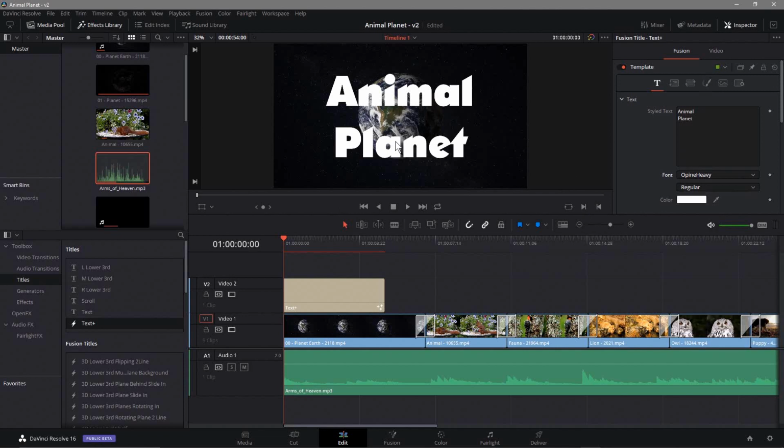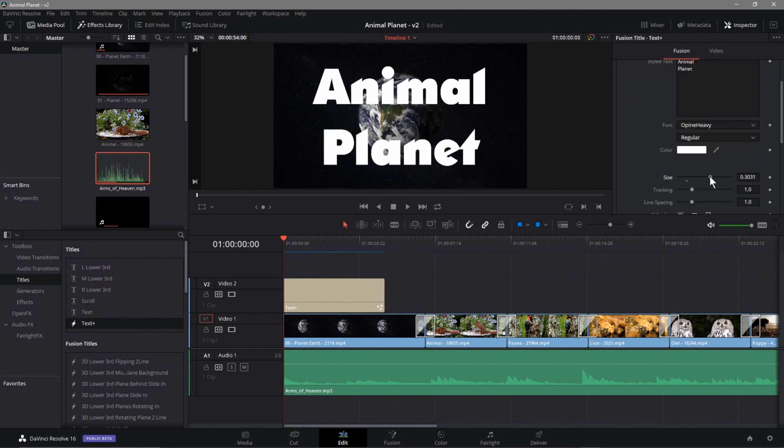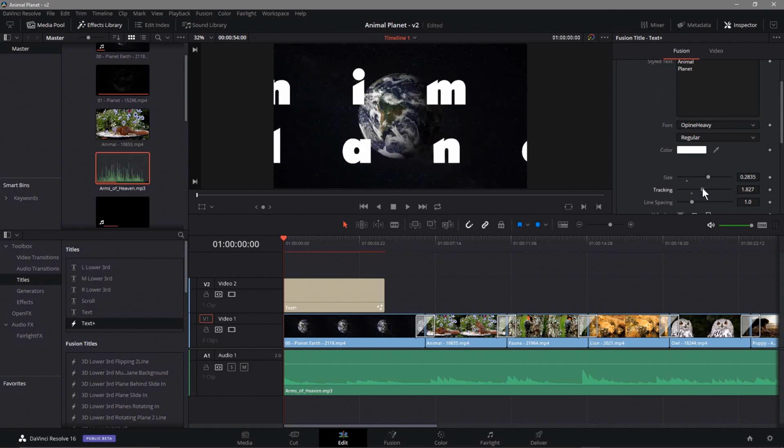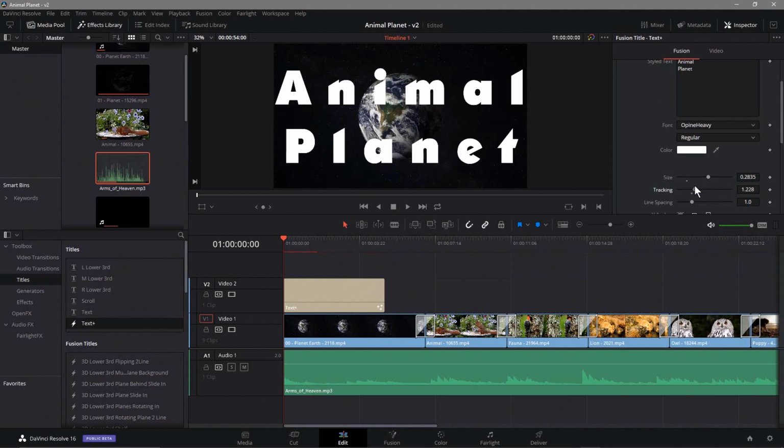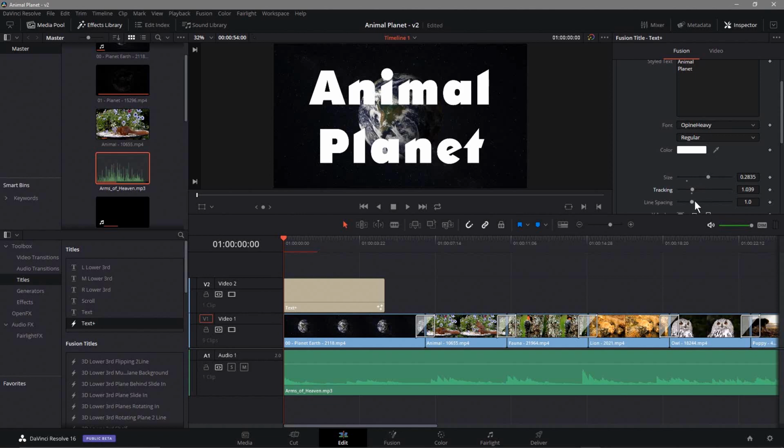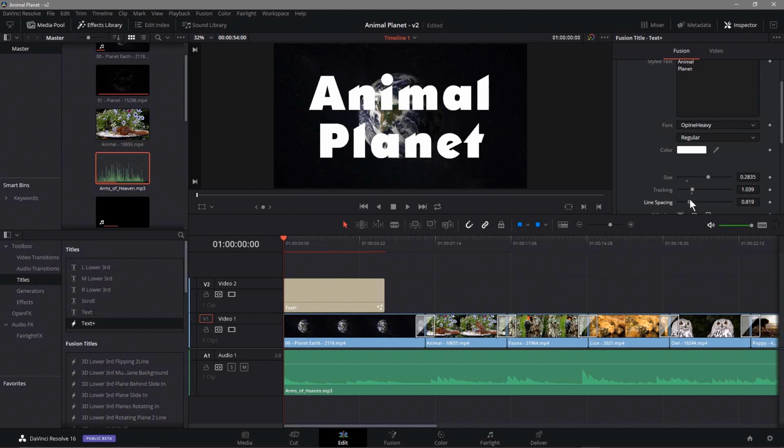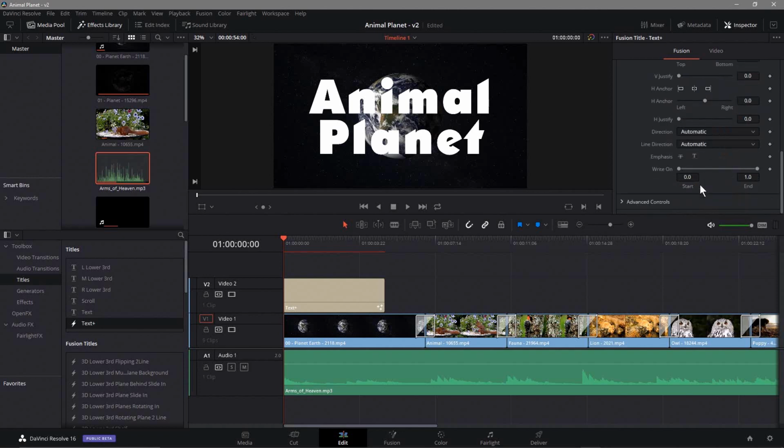So we're going to select this particular font, and as we scroll down the font options, we can change the size, we can change the tracking, so how much space is in between each letter. We can change the line gap as well here, right? So we want this to be a little bit closer like this. And we've got this write on option here as well, so we can write the text like this, we can type it out almost, right? So let's do a little